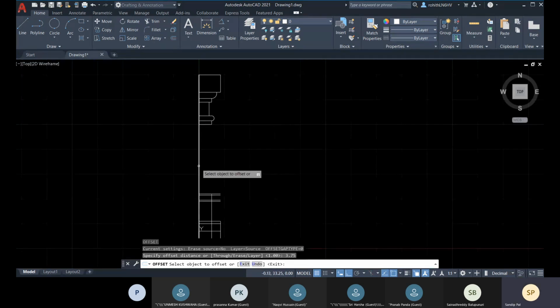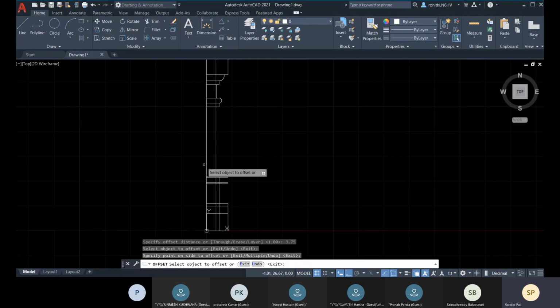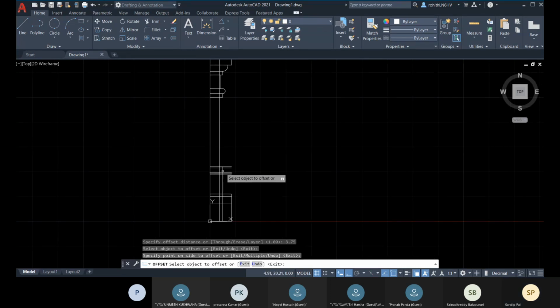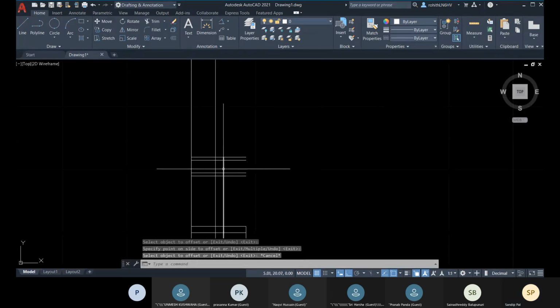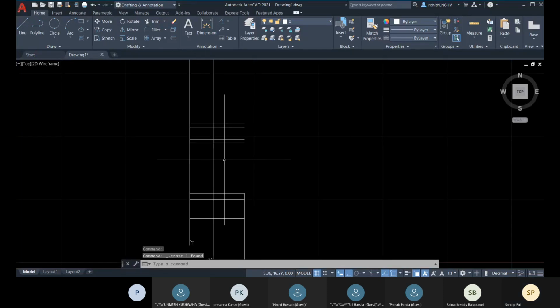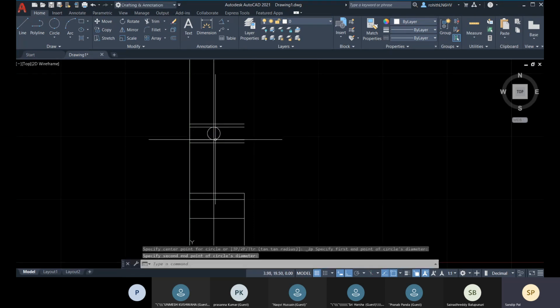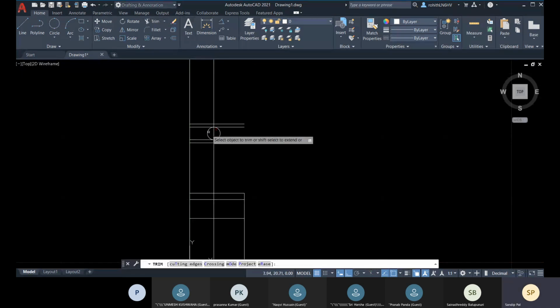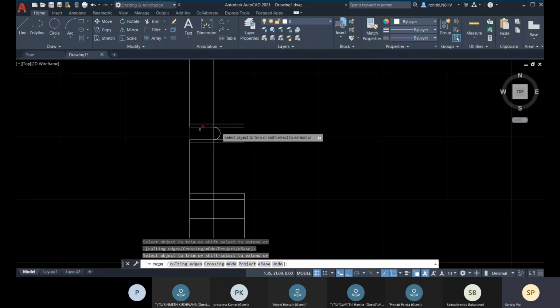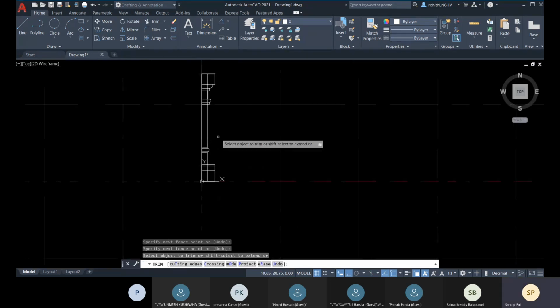Enter, and let me select it. Okay, so that is the line, and I don't need this line. I'll delete it, and here it will be like this 2 point. Go for trim. Okay. All right, so this part is completed.